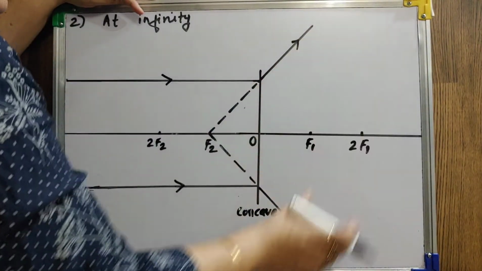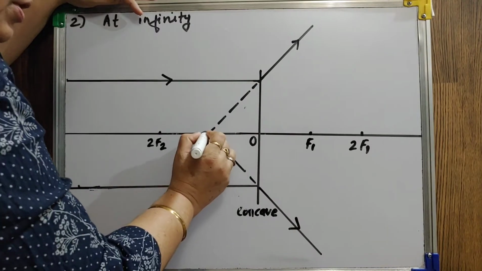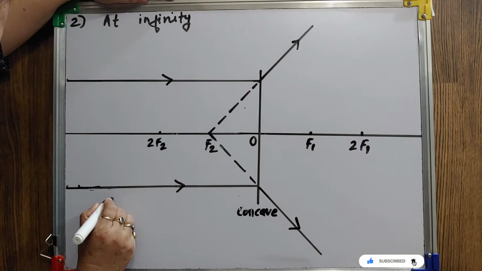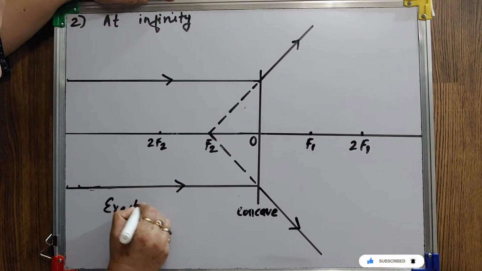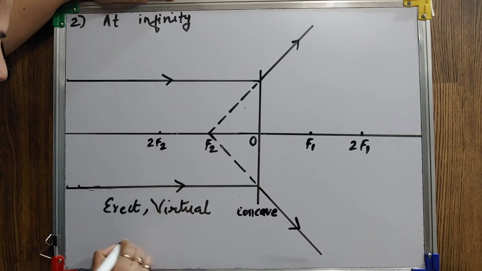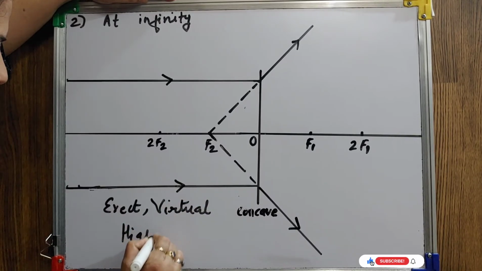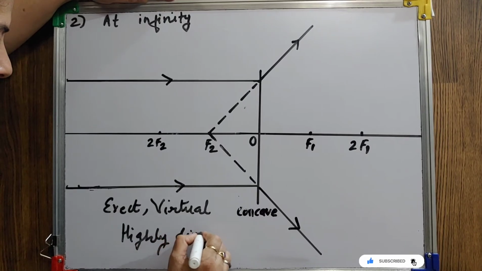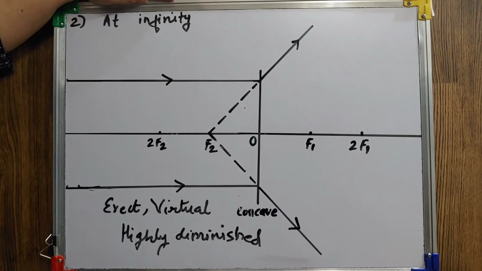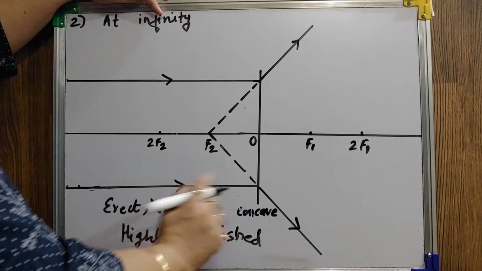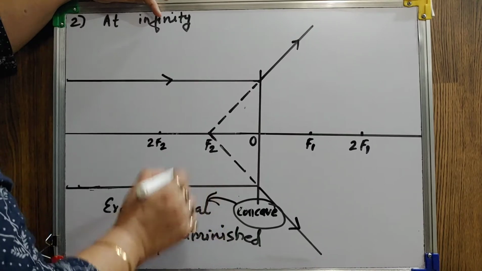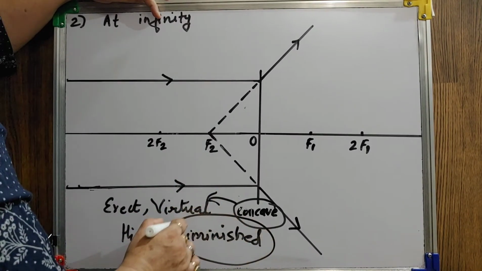Now see, both the rays are diverging. They appear to pass through F2. So here only our point image is there. But on the same side, so we consider it as erect, virtual, but since it is a point image, we consider it highly diminished. But it is sure that it is always virtual. So, a concave lens always gives a virtual image. But this image is always diminished.